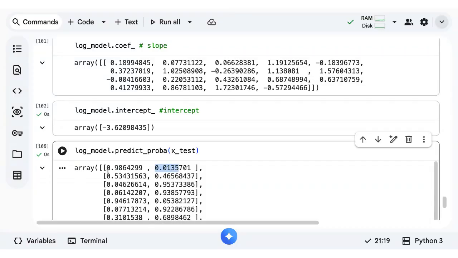It shows like 98% chance of no heart attack, 1% of heart attack. So what will happen? According to the criteria set, usually it will be classified as 0. Again here, 0.5, 0. Here 0.95, high risk of heart attack because 95% chance. Understanding how it works.